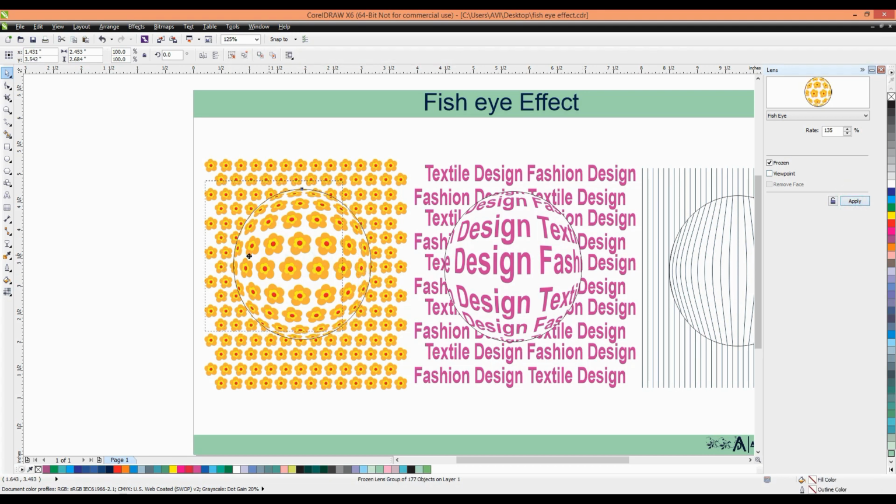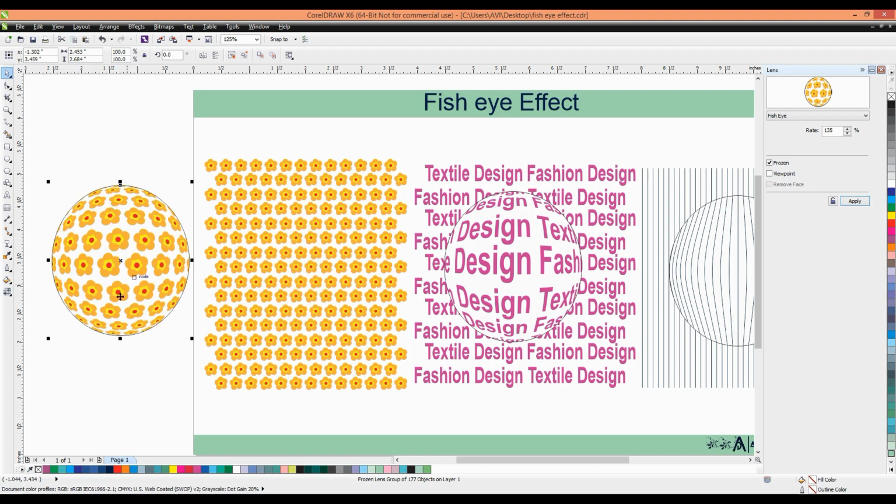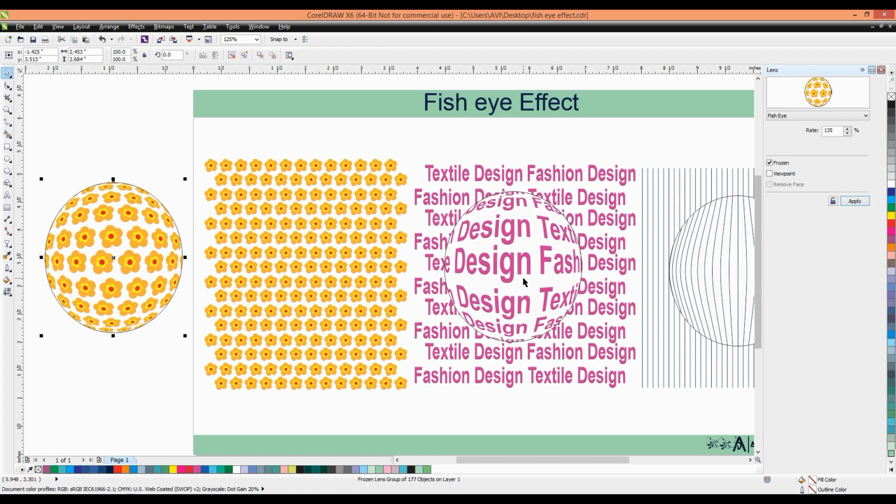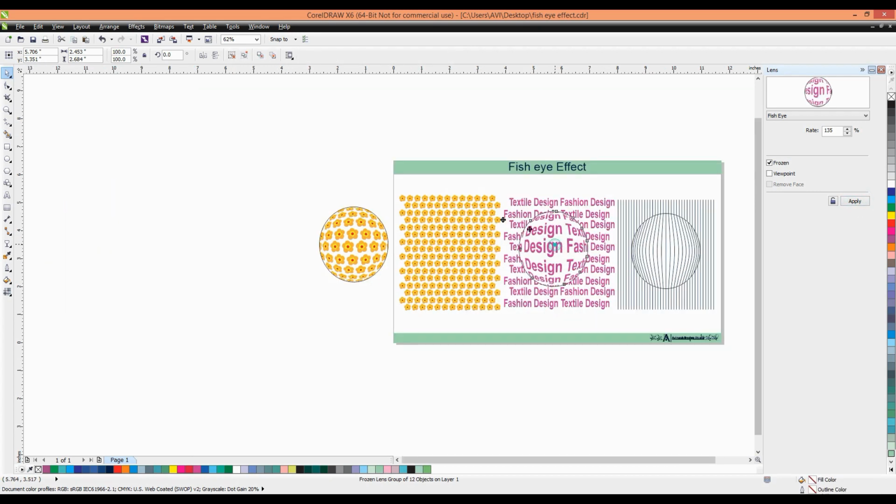Then we can move the fisheye pattern to different places. It gets filled. After freezing, we can change the place of our pattern anywhere. So again we have to freeze this, apply, and change the place.